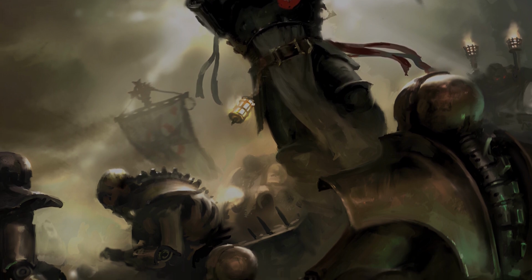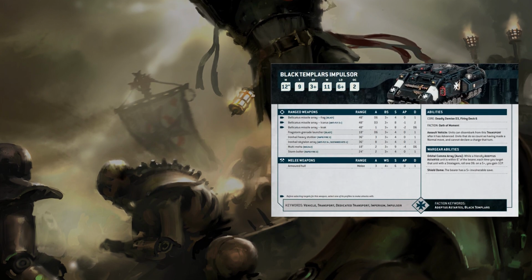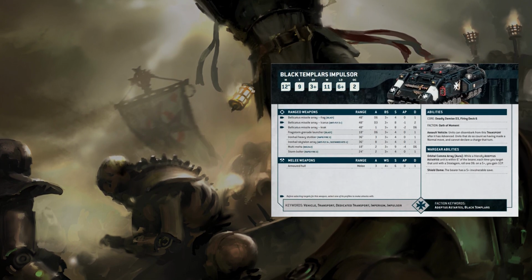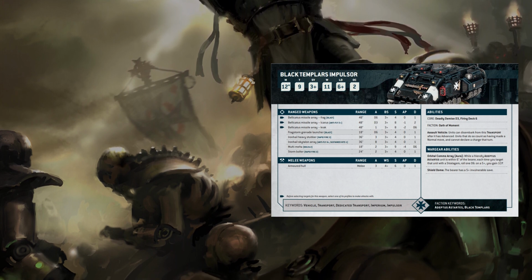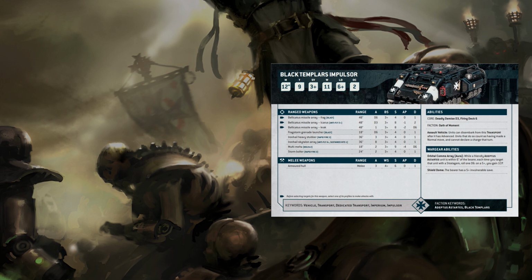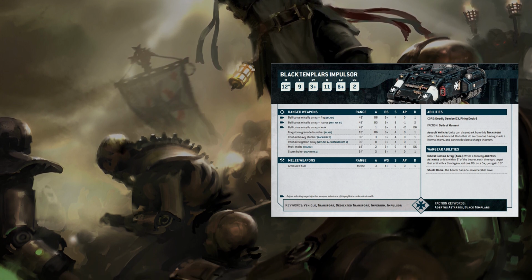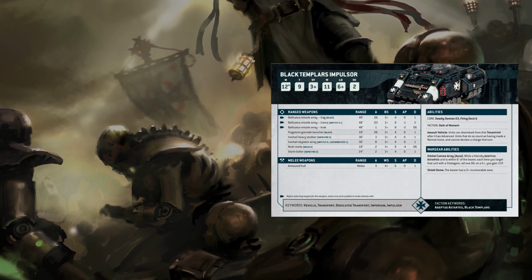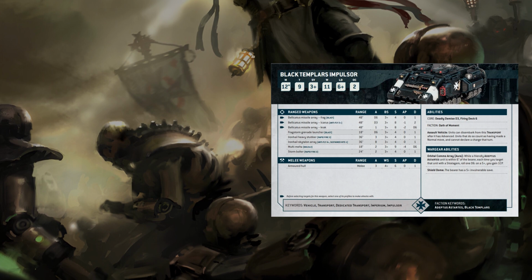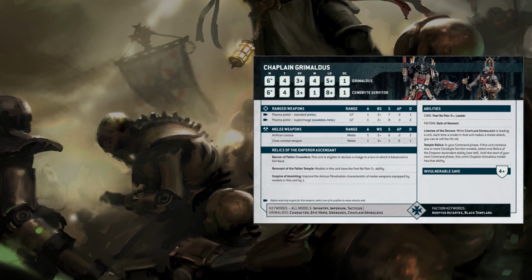So what I'm thinking is we look at taking a Black Templar Impulsor in order to take a 5-man along with the Emperor's Champion up the board. Now, the Black Templar Impulsor is going to be able to disembark troops after advances, so it's going to be able to move a lot faster than the Rhino is. The only reason that we're not taking a third transport for you is